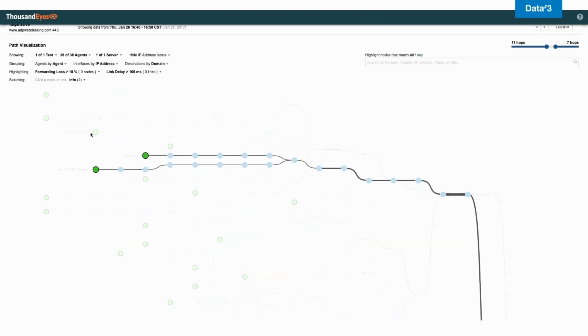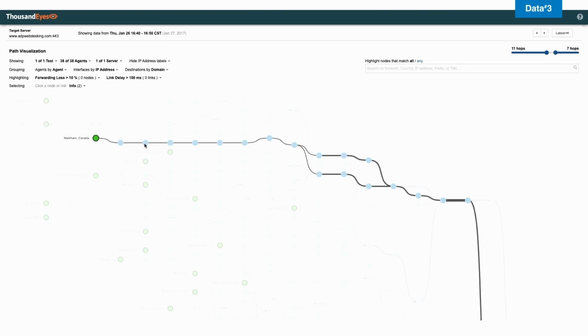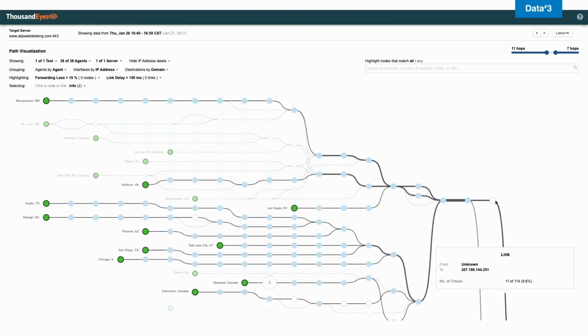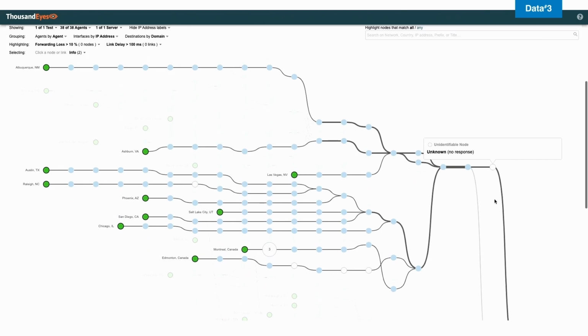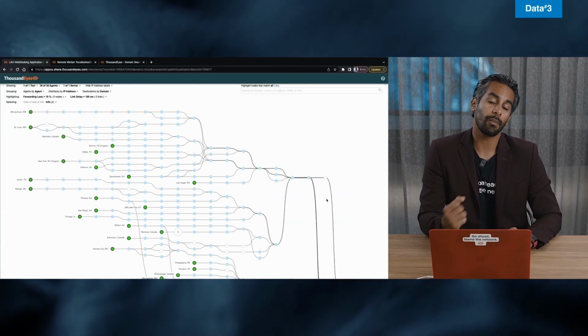So in this example, I can see that we have a location in Montreal, and I can see, again, location by location analytics into the path. So Montreal is connecting to Toronto, which is connecting to, let's go down to Chicago, which is then connecting to Phoenix, which is then connecting to the application. So you can start to see the route and the location information, and that becomes very important, because if I'm